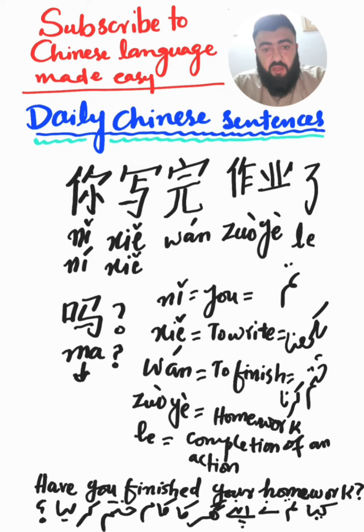I'm Muhammad Shahid and today we are going to learn a Chinese sentence, and the sentence is: Have you finished your homework? क्या तुमने अपने घर का काम ख़त्म कर लिया है? So in Chinese it is